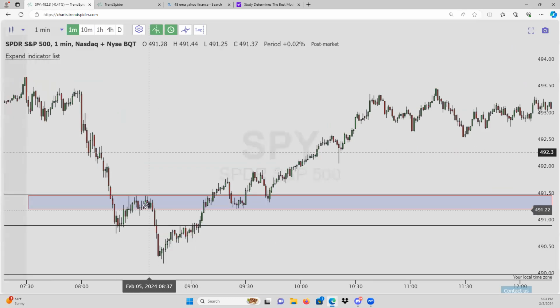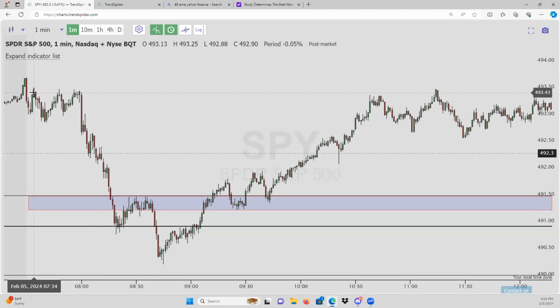For those who don't know supply and demand, we're looking for a balance with a big move out of it, right? We have here a balance, big move. Same like this. This is supply. We have a balance, big move out. Balance, big move out. We have balance up here, big move out. So when you're looking for supply and demand, look for those. We have a whole video on it that you guys could check out on Wolves University. But here we go. We have supply, big move out. And then what happens? We're coming back in, move up, coming right back into supply, now turns into demand. And now we have a nice push up there.